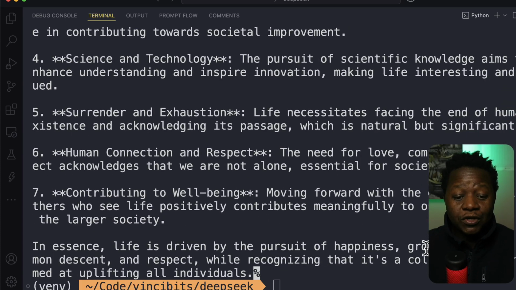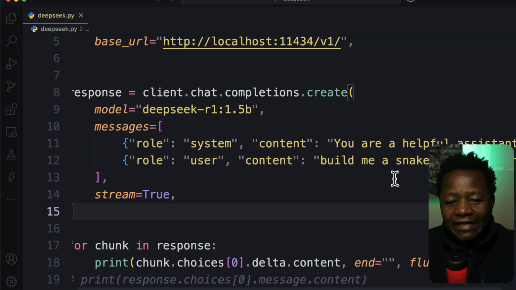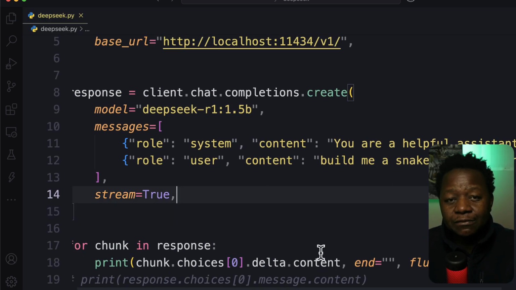So you can put this into a nice user interface and start running DeepSeek chat with R1 locally, because you can literally start asking questions and go from there. All right, so there we go. Now you have this whole thing going on here. You can take this and play around with it, build prototypes, so you can see the power. And the beauty here, ladies and gentlemen, is that you have a mini version of R1 running locally. Make sure that you have all the requirements for your computer so that this runs nicely, but it's such a small version that it should be fairly okay. Let me know what you think.